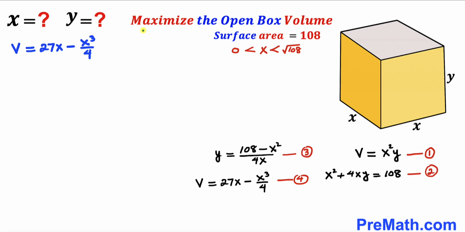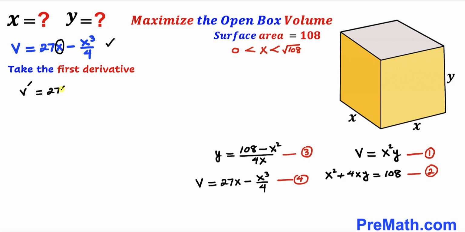And since we are going to maximize the volume of this box, we are going to take the first derivative of this equation. Then we are going to set that equation equal to 0. So the first derivative of this equation is going to be V prime equals 27 times the derivative